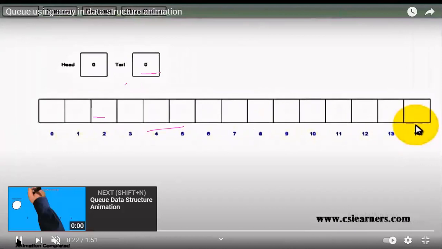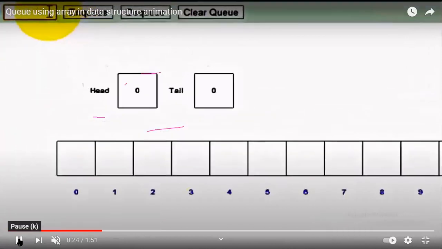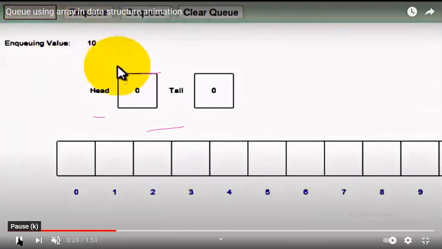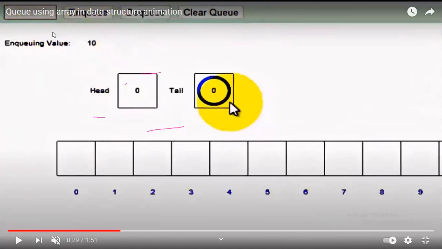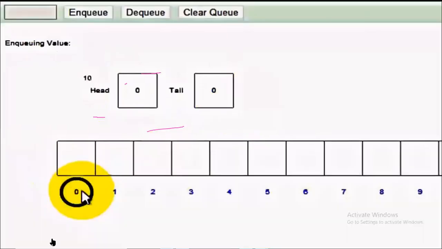Now you see what is happening. When you insert the value 10, it is called enqueue. Remember, 10 has to be inserted, so it is called enqueue. For the first time when you insert the value 10, both head and tail are focusing on the same thing.